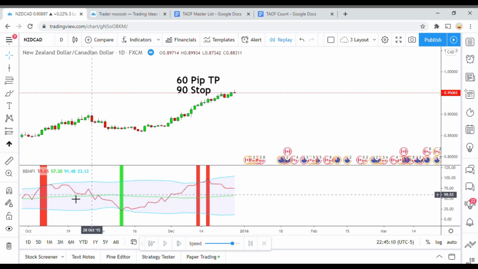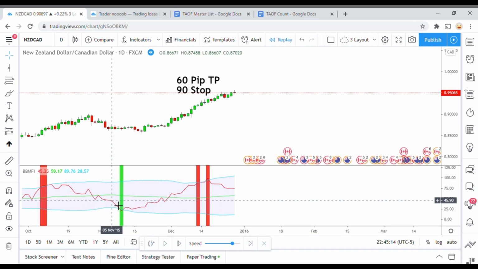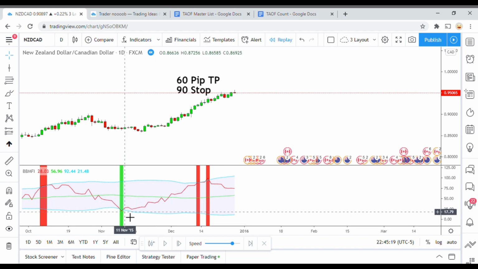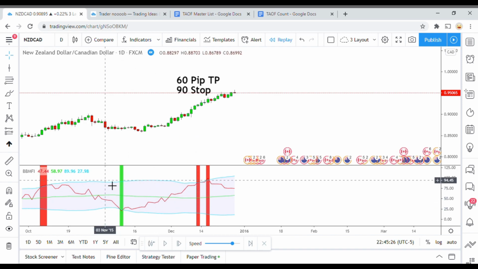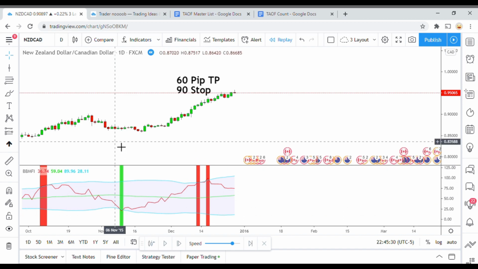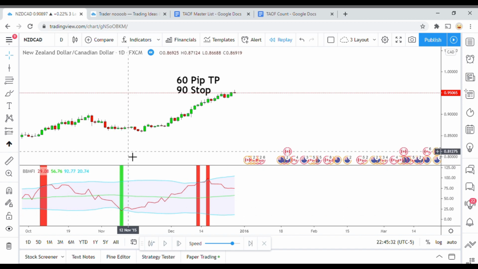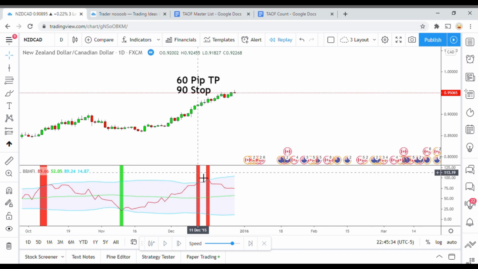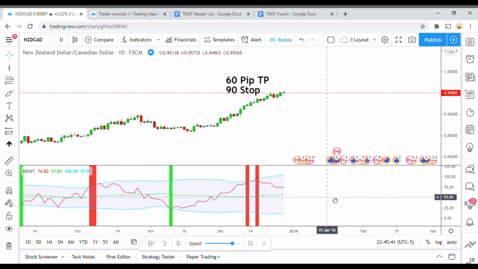Basically what the creator has done is the money flow index breaks the band either to the upside or the downside, and when it does that, it starts to paint this colored background, either green or red. So when it goes into an oversold scenario, you should start looking for long signals. When it goes into an overbought scenario, then you should start looking for sell signals. And